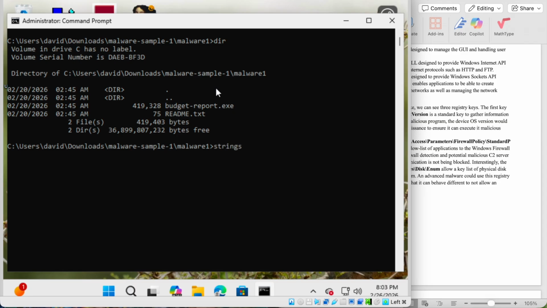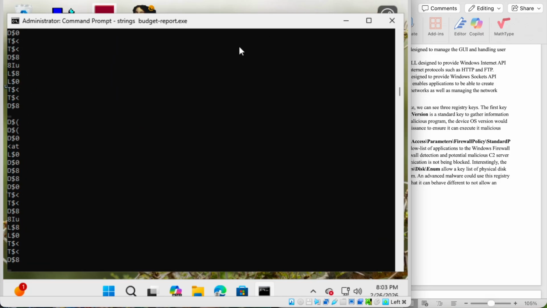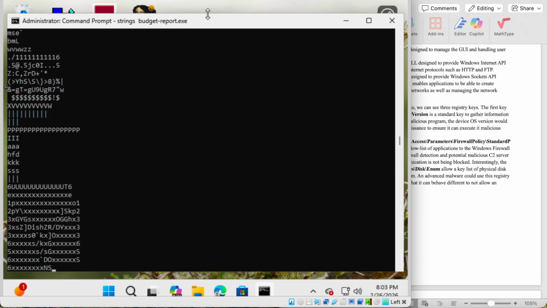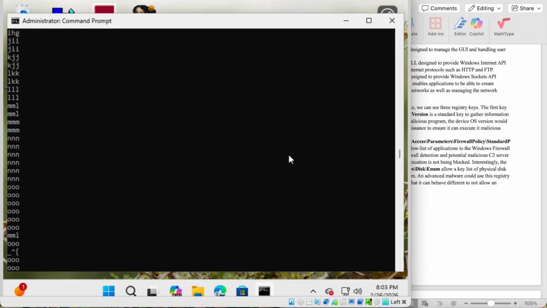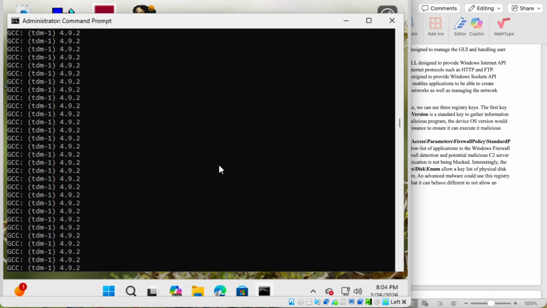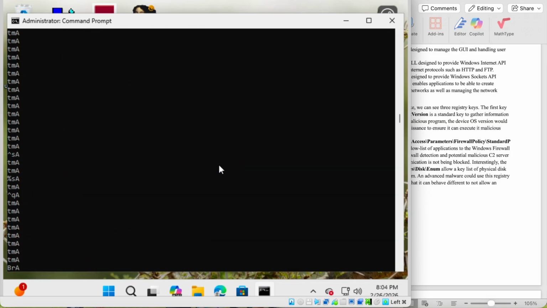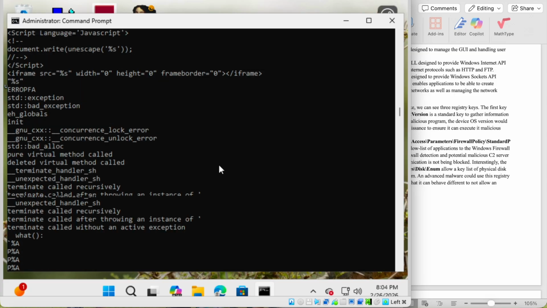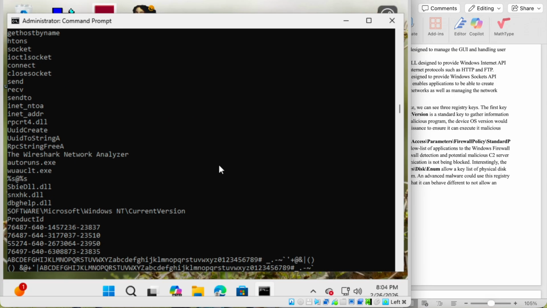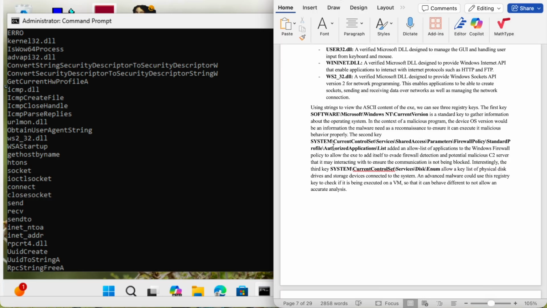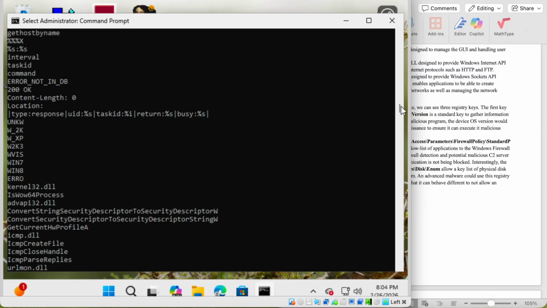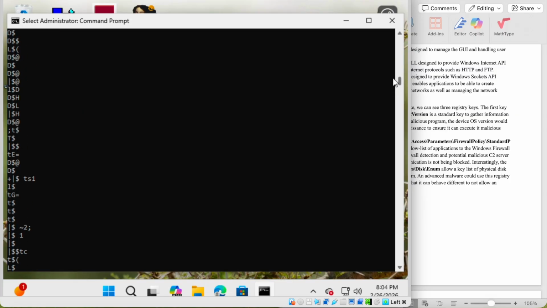So if I do strings and then budget report.exe, what it would do is output all the ASCII strings that you can see from the program. And as you see, there is so much. There's a lot of ASCII strings being shown, and as we keep scrolling, we can actually find a specific registry key that's very interesting. For example, in my report earlier, I found a registry key called software. So if I keep going,